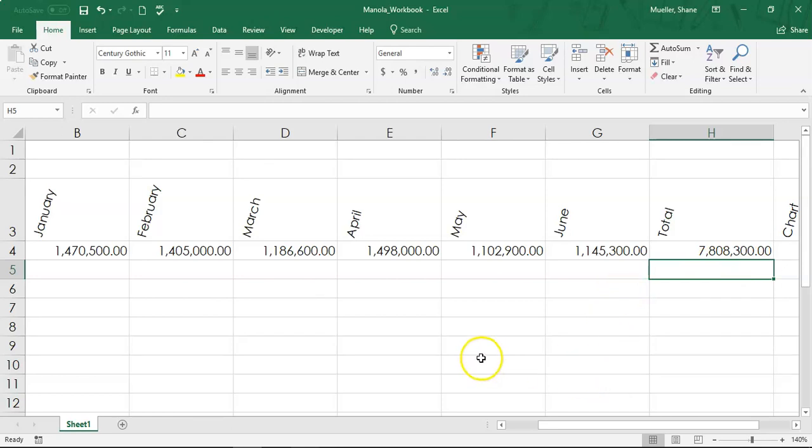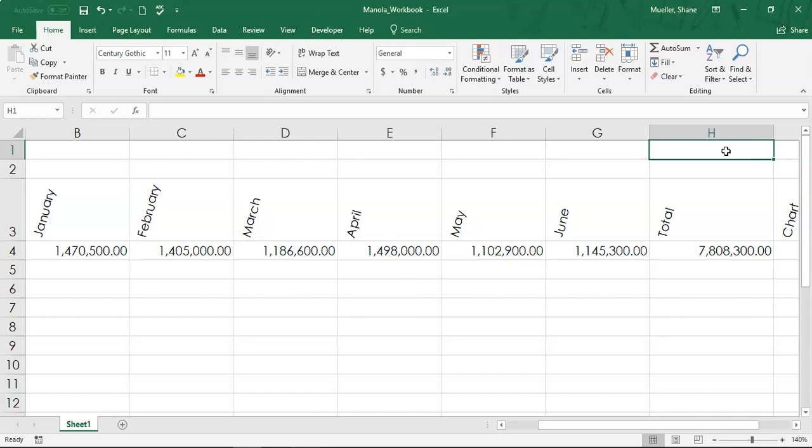All right, so the next thing we're going to do is enter a system date into our document. The system date is going to be like the date stamp of the time that we've created this workbook. It's a default date that's going to let people know when it was created. It's actually going to stamp the date right on it. So to do that, we're going to come to cell H1, and then we're going to add